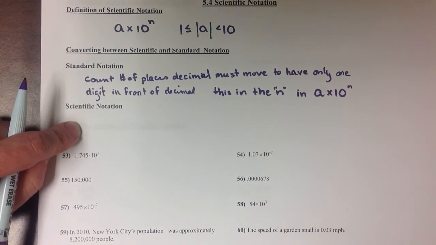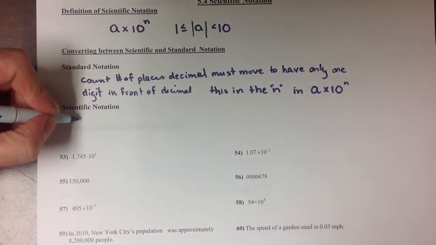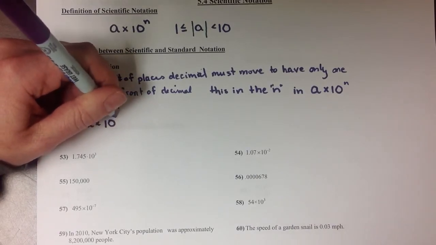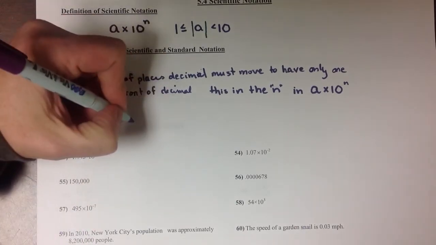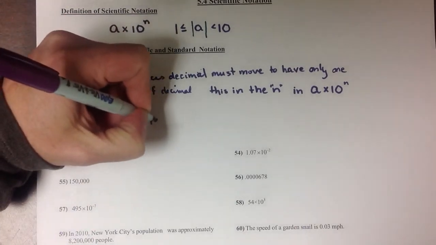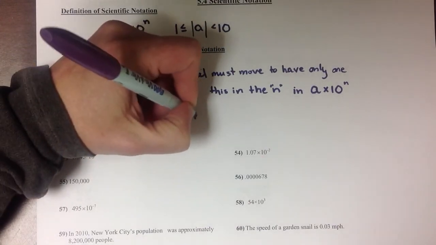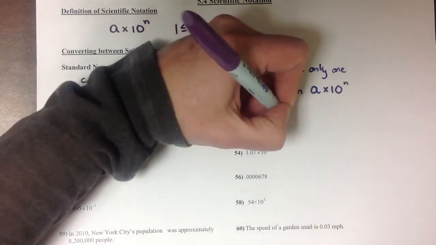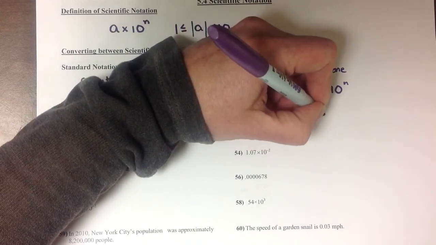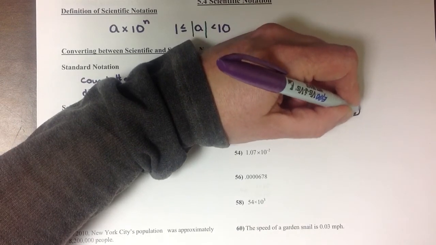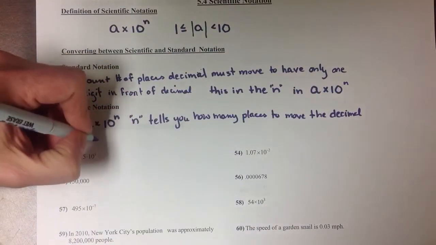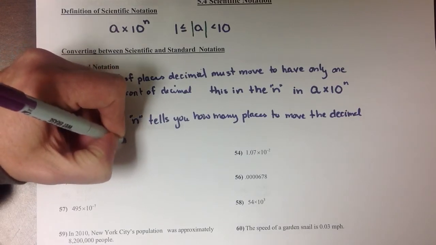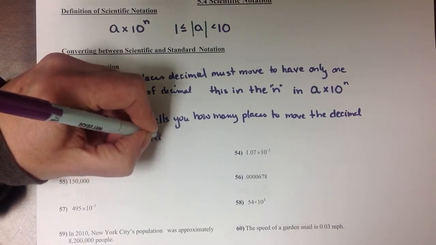Going the other direction, you've got a number that's already in scientific notation, so it's already in the form a times 10 to the n. N tells you how many spaces or places to move the decimal. So if n is a positive number, move the decimal